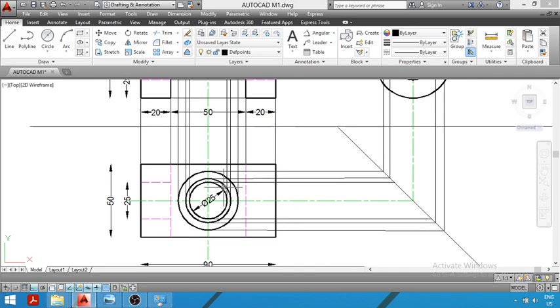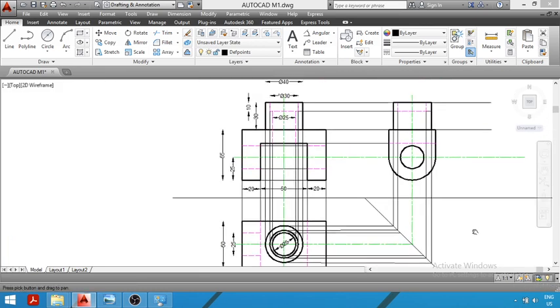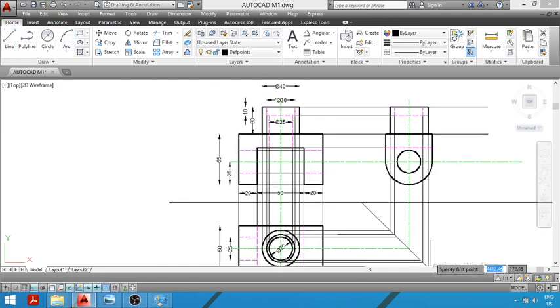So you can see that we have projected the ends of the circle of diameter 25 mm on the 45-degree line. Now what we will do, we will draw a vertical projection line from these 2 points, that is this point and this point. So in the next step, you have to draw a vertical projection line. Again, from this point we will draw a vertical projection line till this lower hidden line. You can see I have drawn a vertical projection line, but it is ending here, that is the lower hidden line, since the hole will end here.